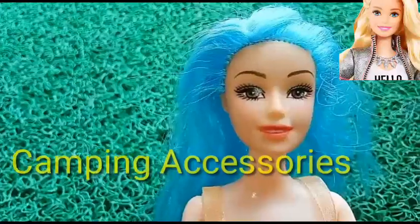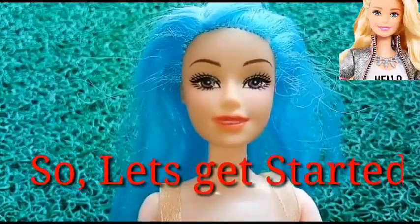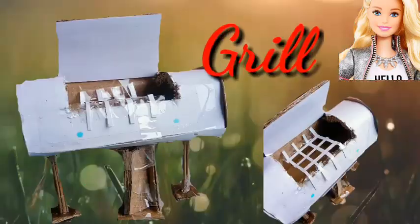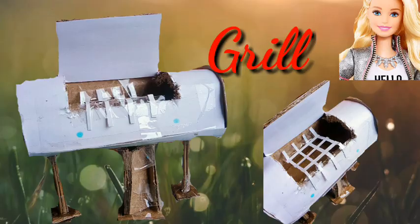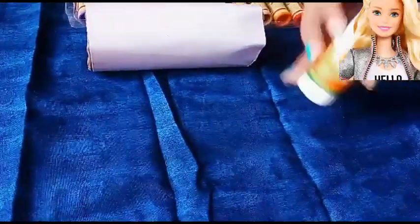We will make camping accessories. So let's get started. Firstly, we will make a grill. Things you will need: a cardboard tube like this, coal,